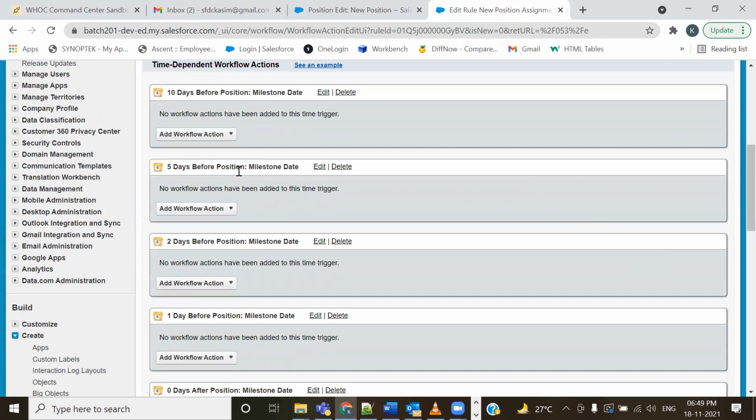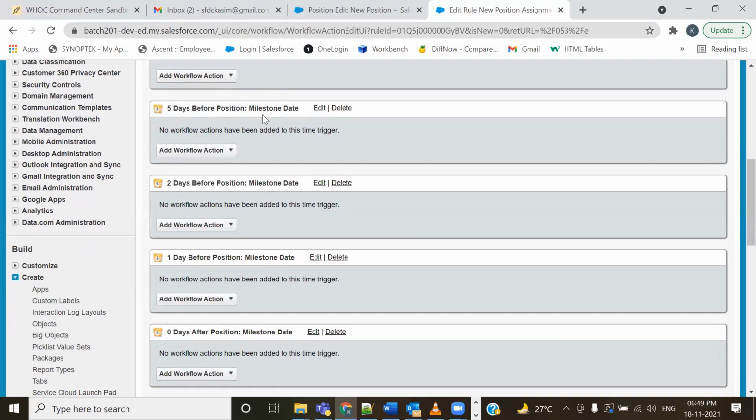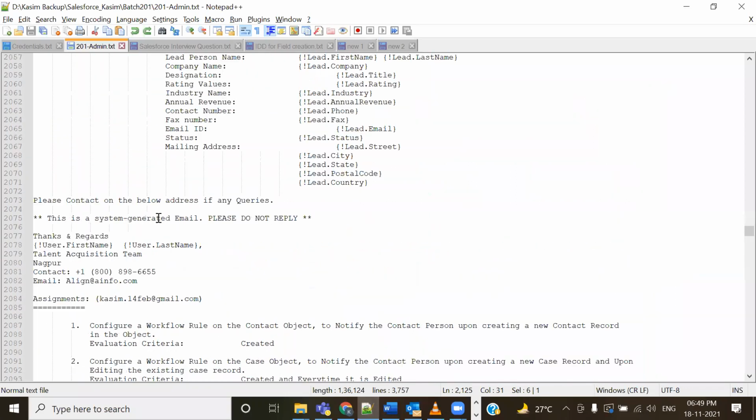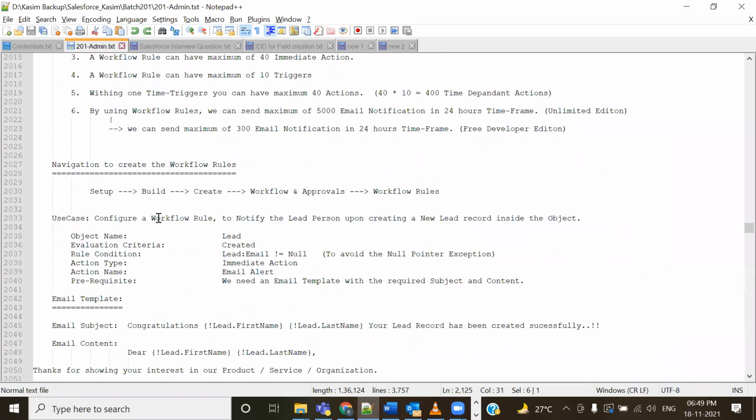तो अभी मैंने क्या क्रिएट किया, what I have created over here is the time triggers। So these all are called as time triggers। आप icon भी देख लो यहाँ पे, a similar kind of icon। These all are called as time triggers। 10 days before, 5 days before। I am yet to add this action, but yeah, हमने at least time triggers तो create कर ली। अब हम चलते हैं गवर्नर लिमिट, जो हमने आपको पढ़ाई थी यहाँ पे, जो हमने लिखी है।